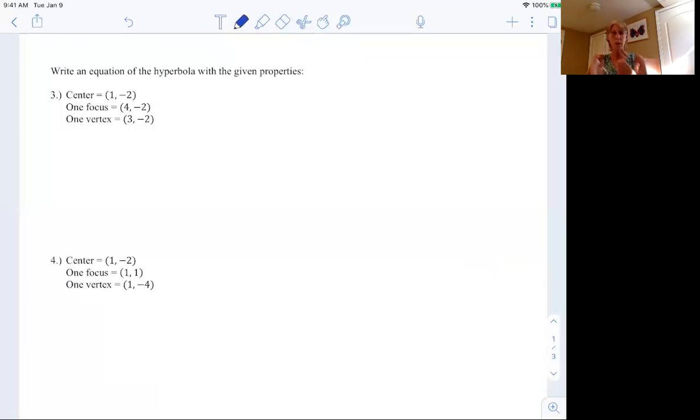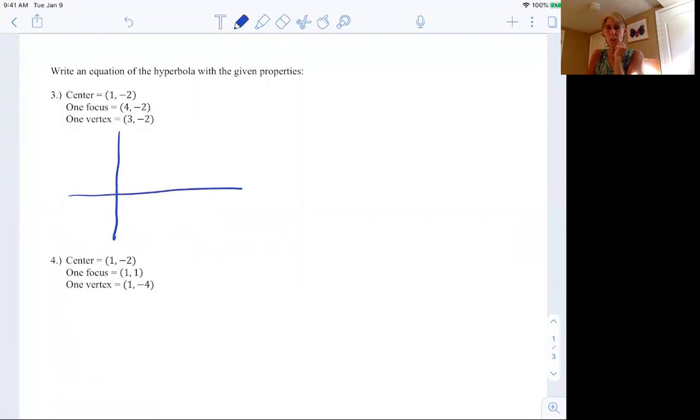So writing an equation, again, very similar to what we did yesterday and the day before with the ellipse. Always start by plotting your information, identifying the equation to use, and then plugging in the values as you get them. So I have a center, I have one focus and one vertex. I'm going to